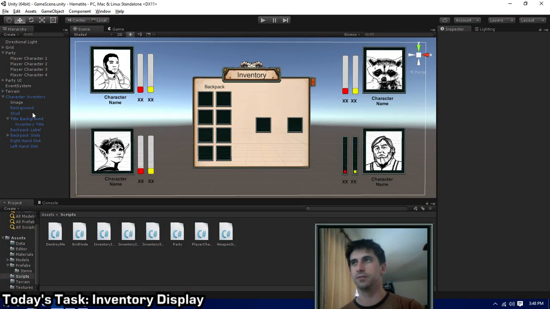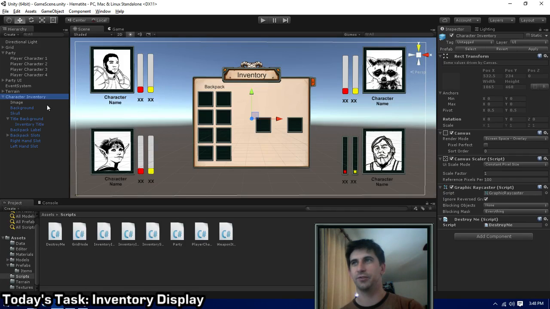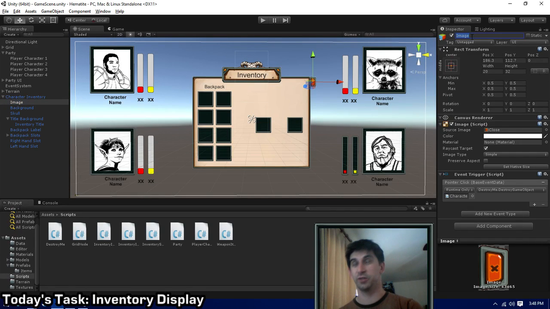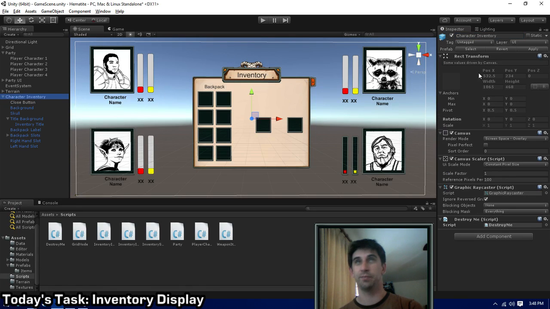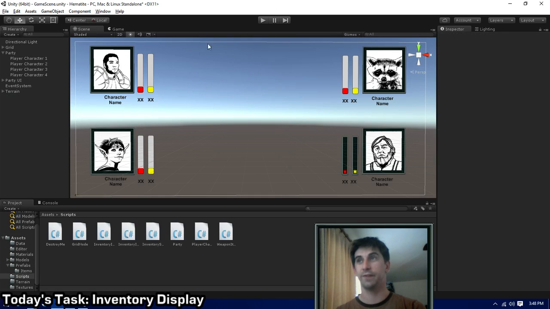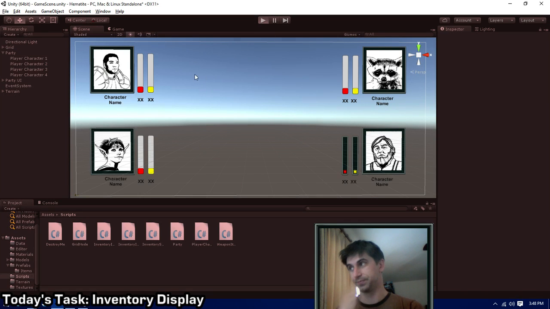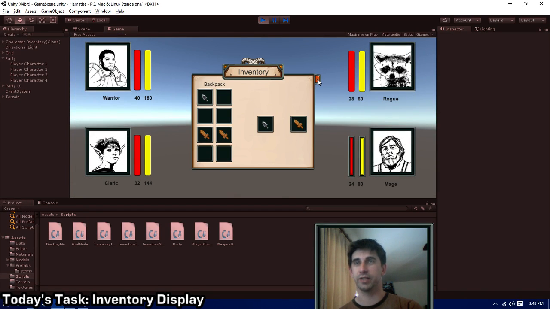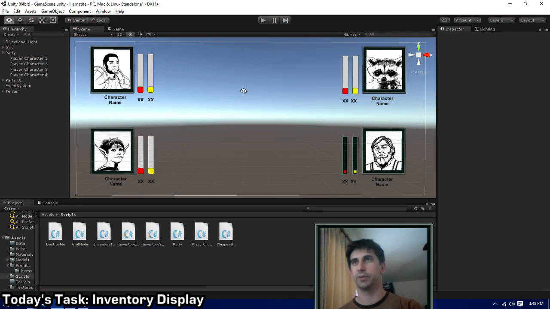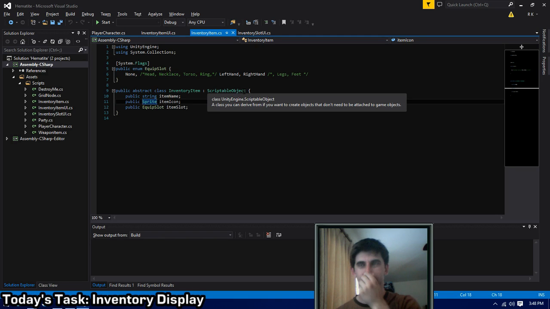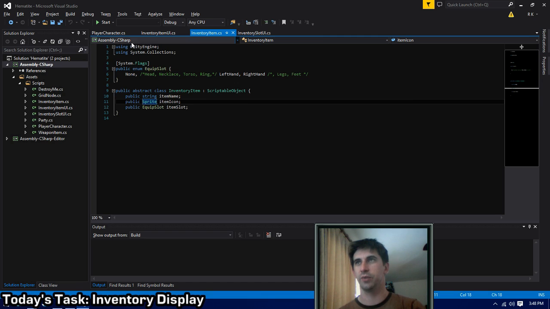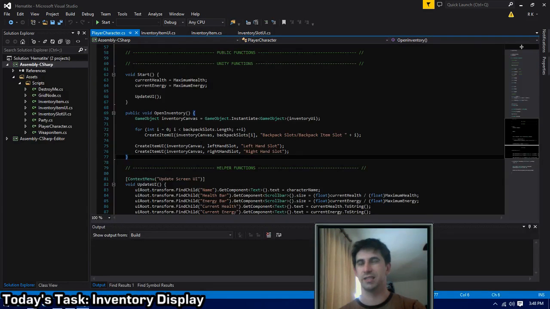We have to, A, not scare the bejesus out of ourselves with this. And B, we have to actually apply that to the prefab so that the prefab actually plays nice. So click, hey, look, it exists, and we clear it out. The only other thing I really want to do here is I want to make sure that one of these doesn't exist in the scene